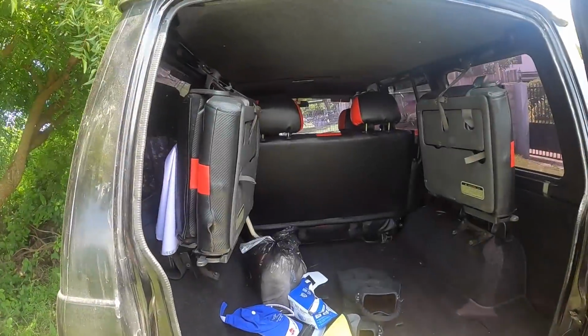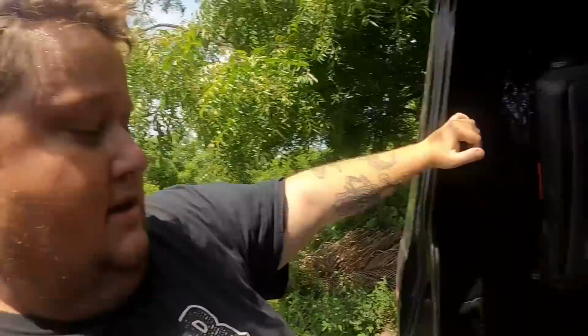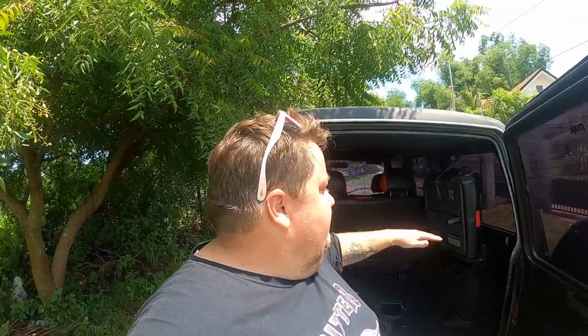And then on the second half right here, I'm gonna have shelves where I can put my gear and stuff like that. But I'm also gonna have an auxiliary battery, and so I can set up a solar on the roof and be able to charge and use laptops, everything else. So that'll be right here. I'm gonna build a waterproof case for that box thing. So it'll be half shelves, and then a place for all the tanks, place for emergency O2, and then right